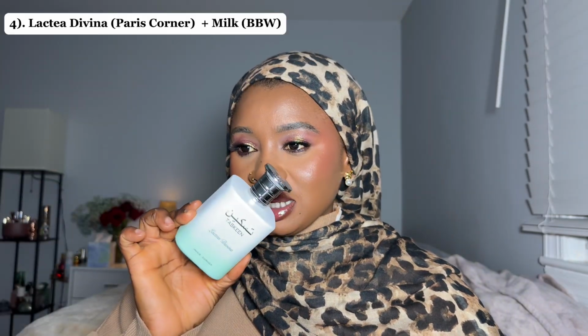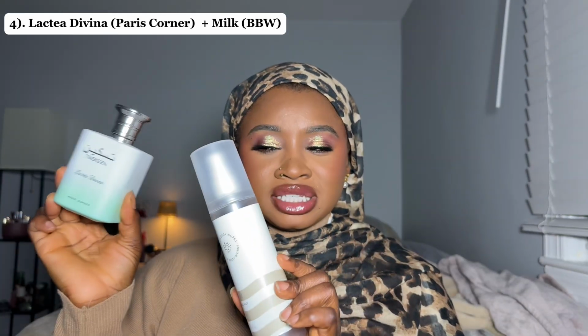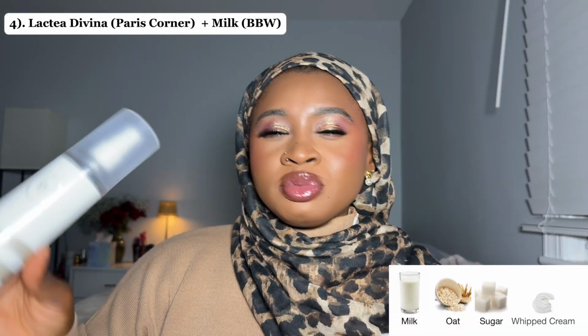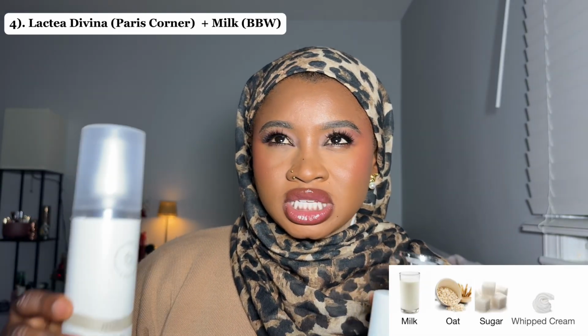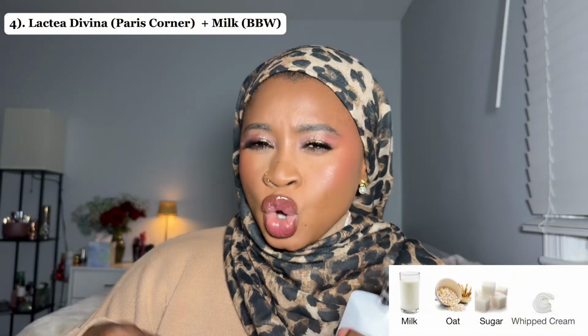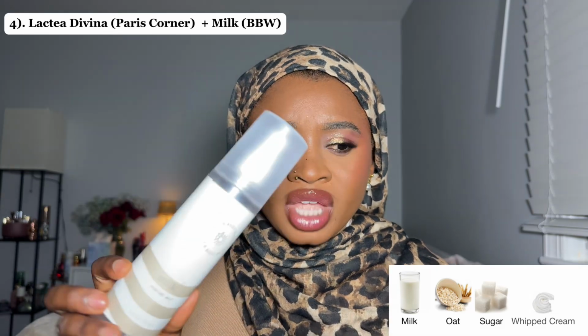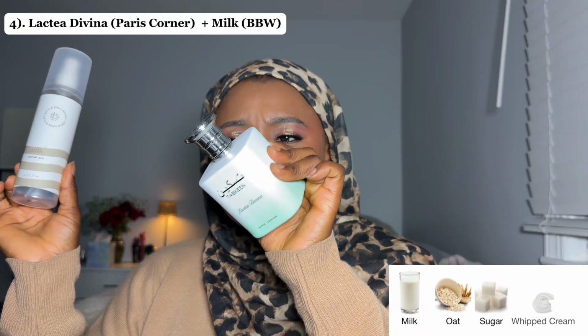All right, another very interesting combo that I have for you is Taskin Lactea Divina and Bath and Body Works Milk. Now I hesitated putting this combo in this video because I know Bath and Body Works discontinued this scent, which is such a shame because it's a really nice milky scent, to me it smells kind of like rice rather than oatmeal because I'm more familiar with rice. So it's a sweet, ricey, cozy type scent. It's really nice, and because of that rice lactonic quality, it pairs very nicely with Taskin